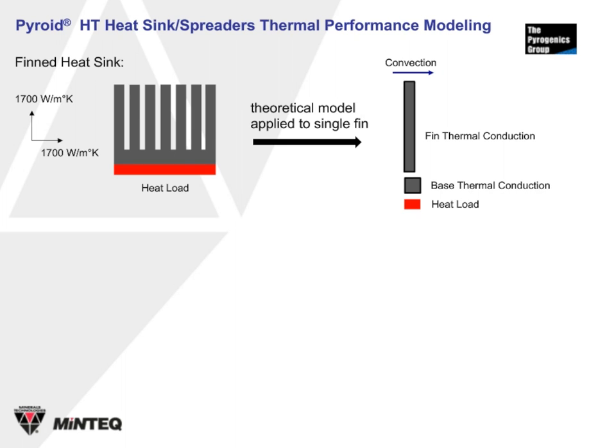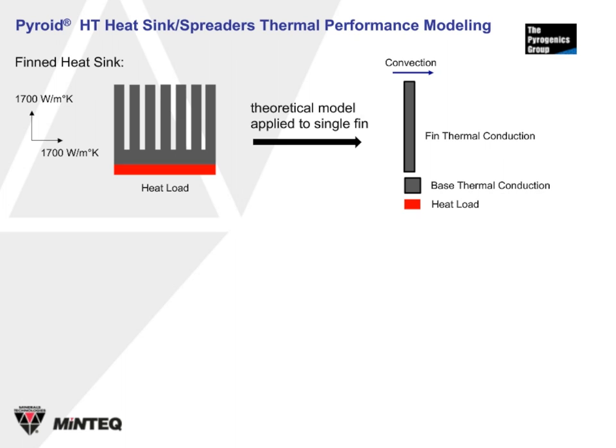So the approach we used was to take a heat sink where it was assumed that the heat load was the same size as the heat sink, as shown in the diagram, and that the high conductivity directions of the Pyroid HT would be along the fin direction and along the width, as shown in the diagram. To do the model, we took a simple approach of using a theoretical performance model and looked at each fin individually. So the model is